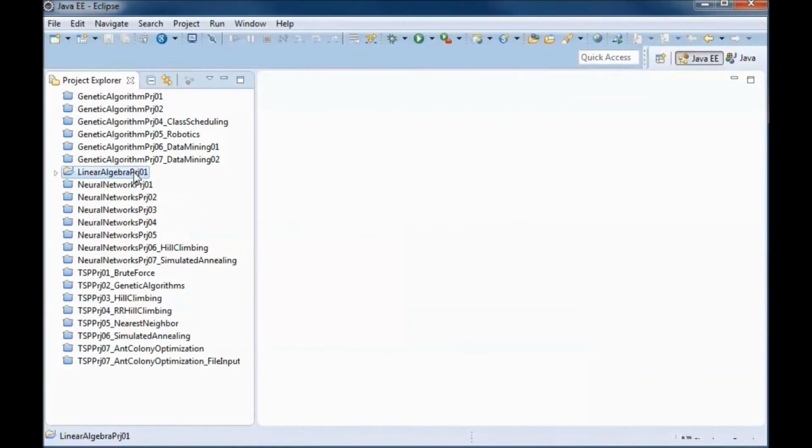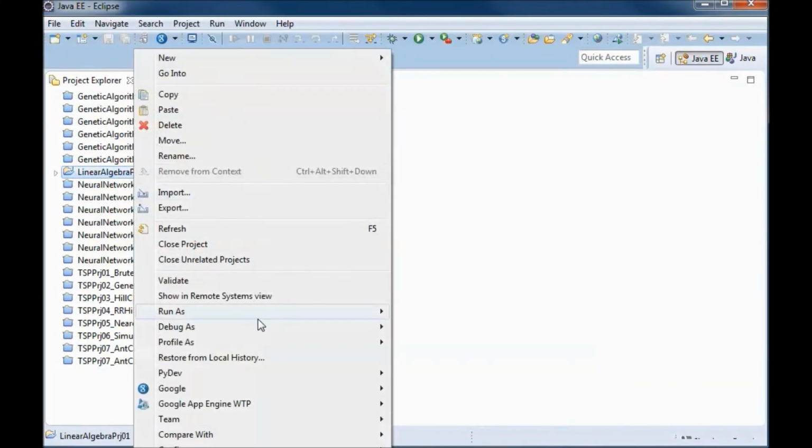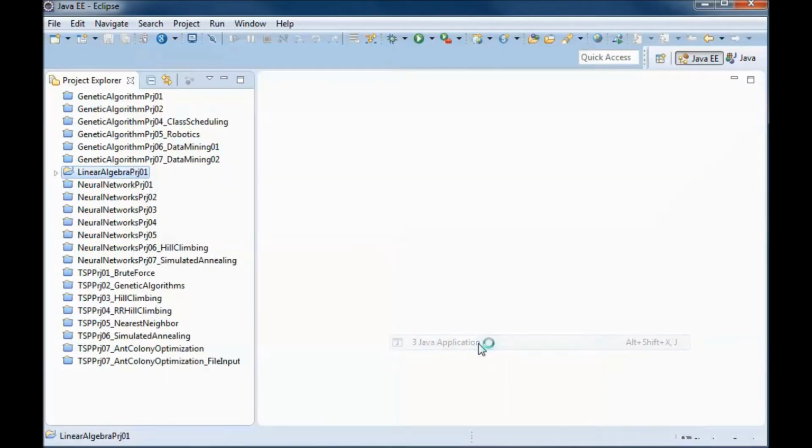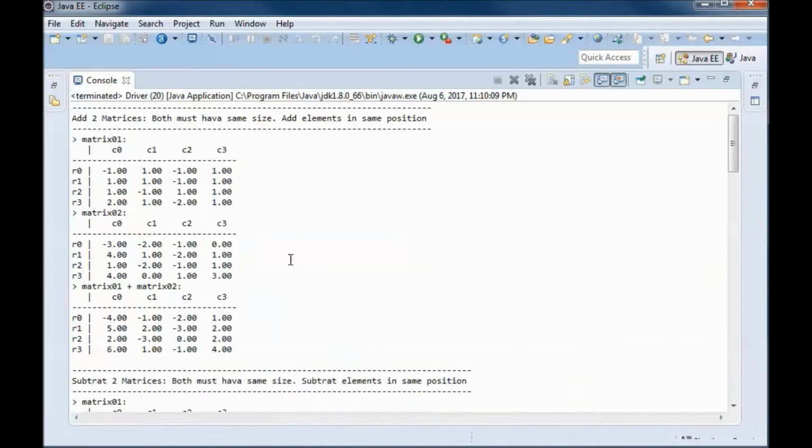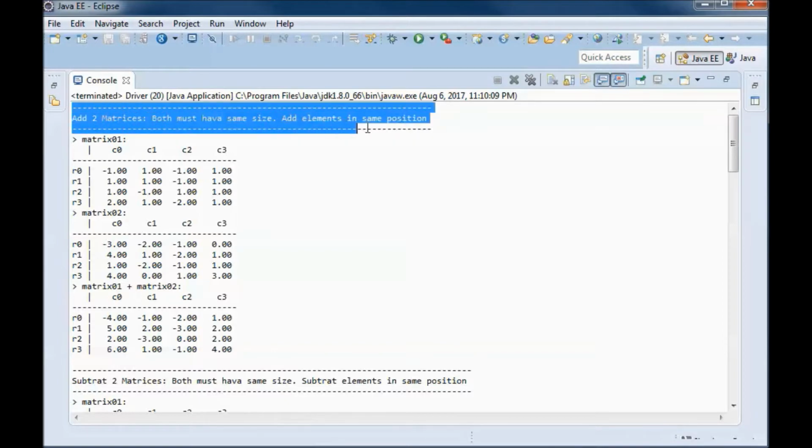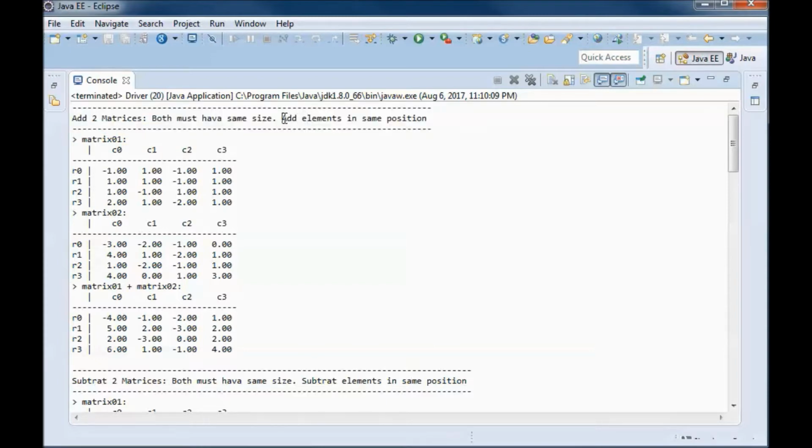This is a pre-built version of the application. So if I go ahead and run it, and if we want to add two matrices, then both must have the same size, and we add elements in